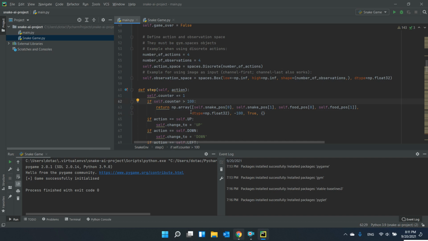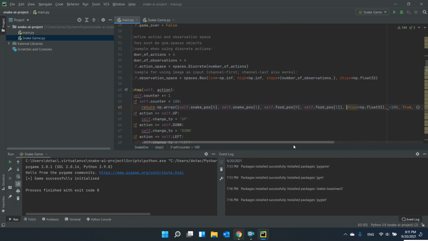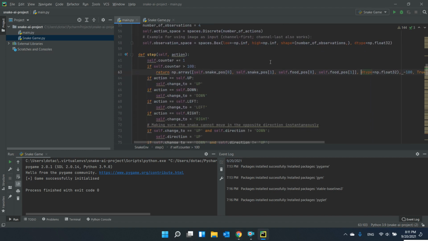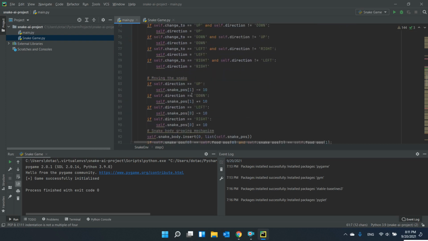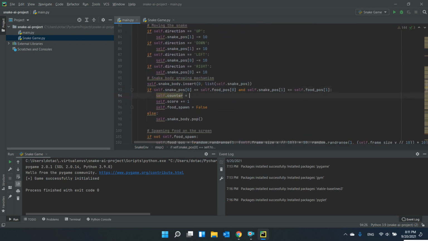Okay, I love to put things in the same line, and yeah. And one very important thing, which is that if the snake ate the food, I want to reset the counter. So I will take this and I will put it there. And there is now one more thing